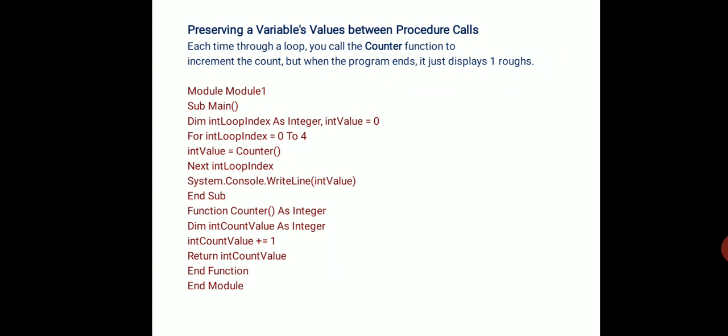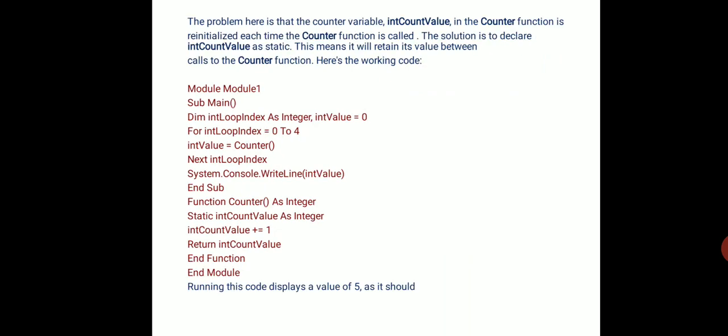It is because the variable int count value is declared each time. Each time it is declared and initialized, so it will be declared in the function again and will not preserve the value. So to solve this problem, we have